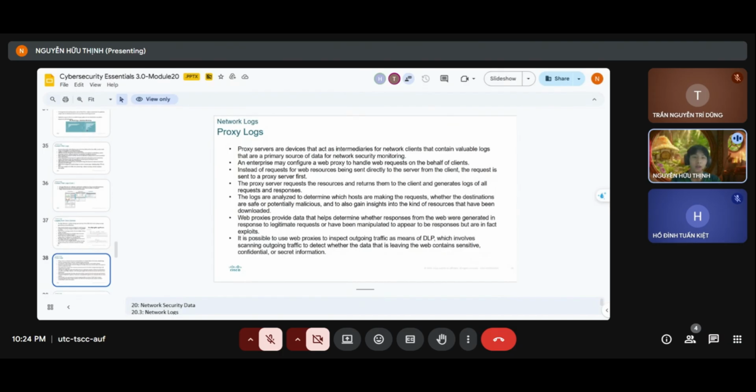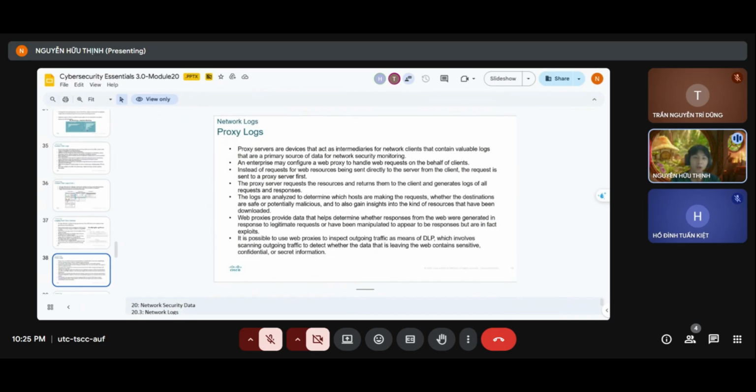Instead of requests for the web being sent directly to the server from the client, the request is sent to the proxy server first. The proxy server requests the result and returns it to the client, and generates a log on the request